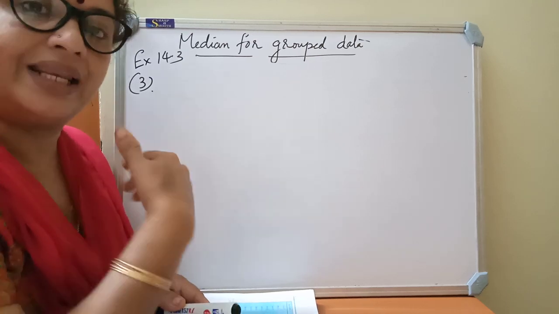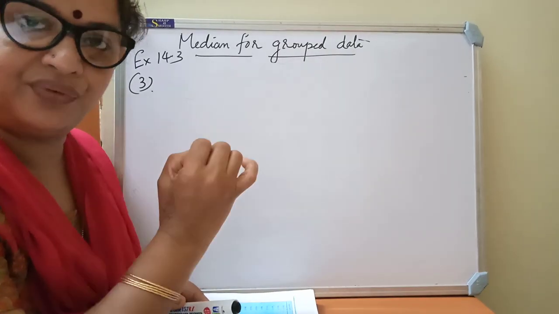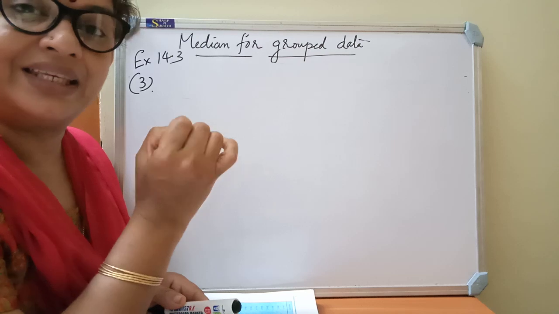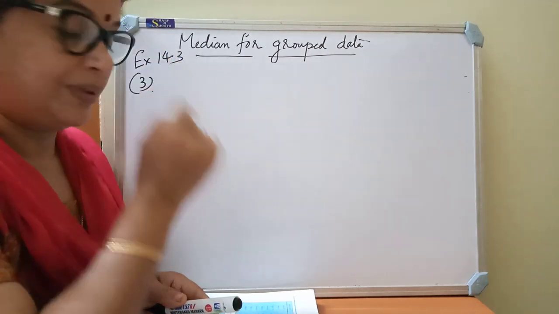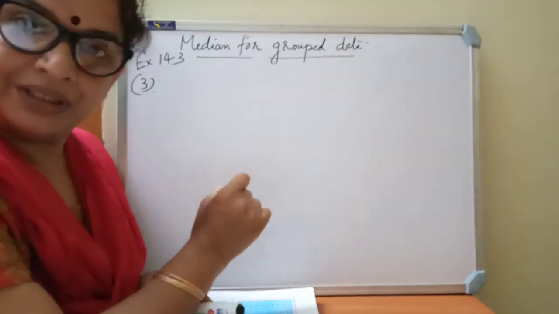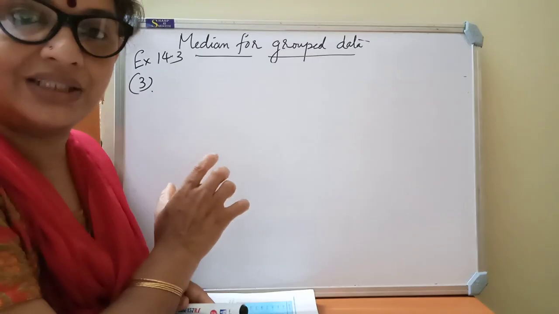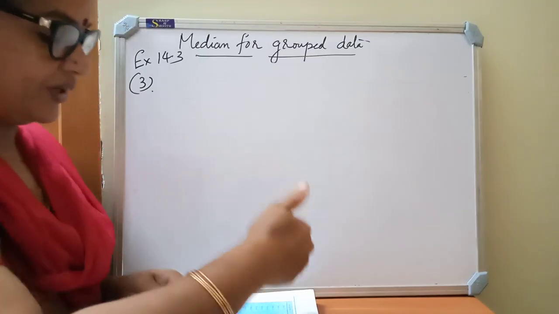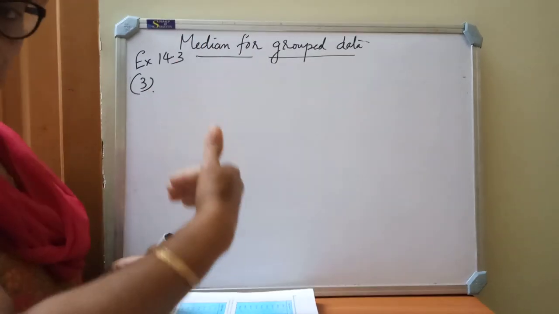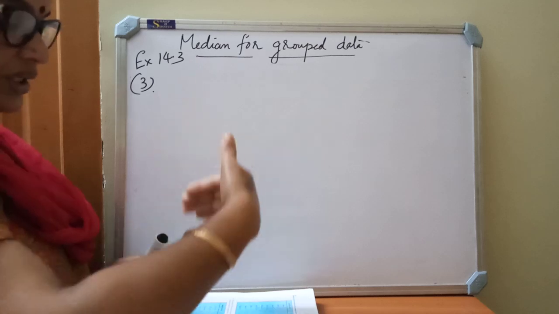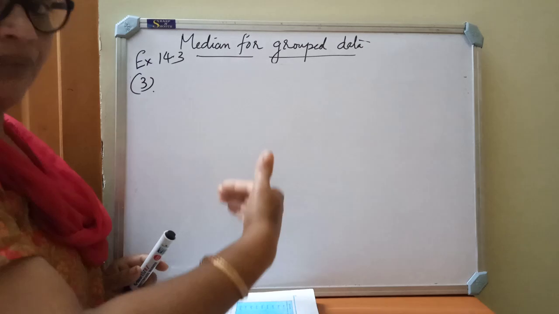Instead, if greater than values are given, you must identify that it is of greater than type. In greater than type they emphasize only the lower limit, and in less than type the class intervals are given as the upper limit. So first we have to convert this given tabular column. I am not writing the given tabular column on the board. After converting, how we have to make it into frequency and cumulative frequency, that I will discuss.